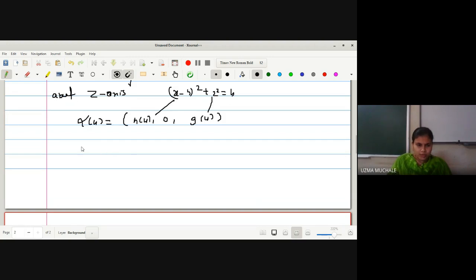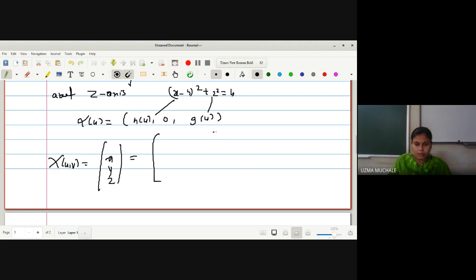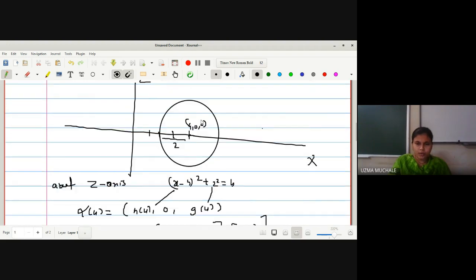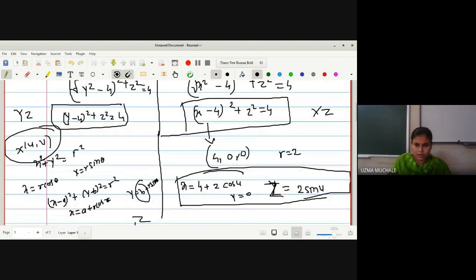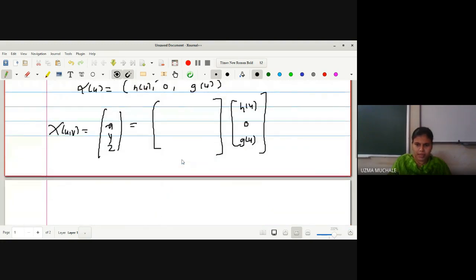Now, what we have to do, we have to find out x of uv. To find out x of uv, it is nothing but x, y, and z. So for x, y, z, it will be equal to, now profile curve is nothing but g of u 0 and h of u. ओके, ये जी ऑफ यू एच ऑफ यू कोई डिफरेंट फैक्टर्स नहीं है। ये एच ऑफ यू क्या होगा आपका एक्स कोऑर्डिनेट, मतलब ये 4 + 2 cos u, और z 2 sin u। अगर आपको कंफ्यूजन हो रहा है तो आप यहाँ पे लिख सकते हो।